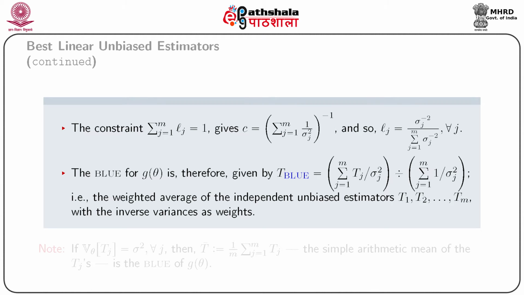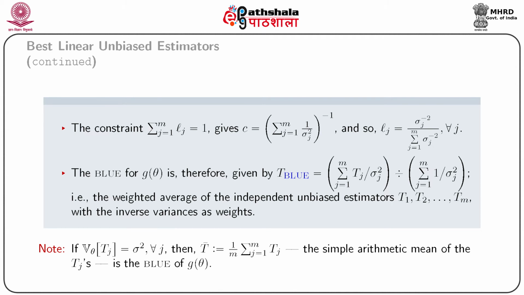Therefore, the Wi's are equal to the reciprocal of the variances of the Ti's. Note that if variance of Ti equals σ² for all i, then the BLUE for g(θ) will be summation of Ti divided by k,